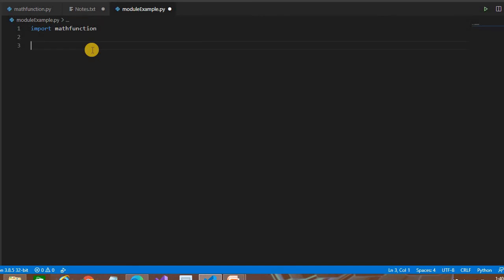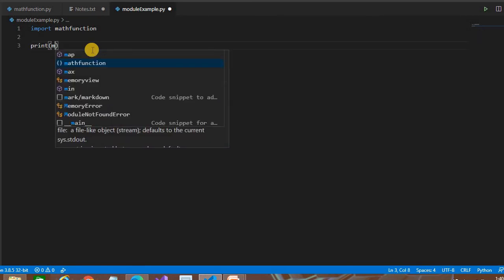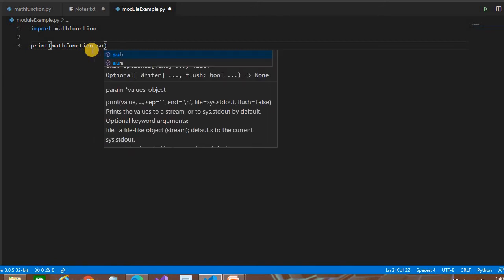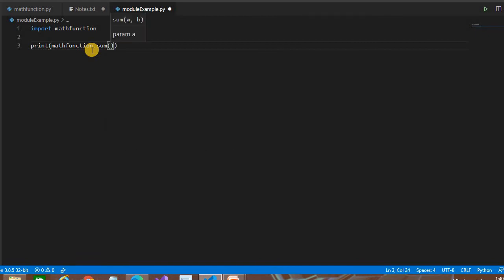Now let's see how to use this. We have to pass the module name, and if you type the dot, it will give you all the functions. See here, we have declared sum and sub. How do we call them? Just pass the numbers. This is the way to call the function. We have also declared one variable.